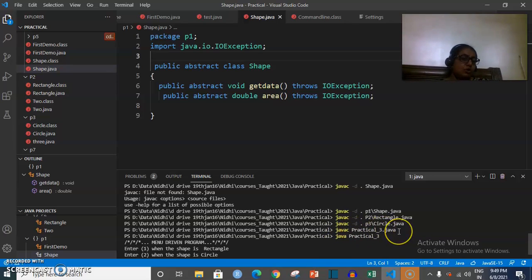My practical_3.java is not in any package, so I don't require that. I will directly write javac practical3.java. It will compile it, and once this final file is compiled you can invoke it with the JVM, whose name is